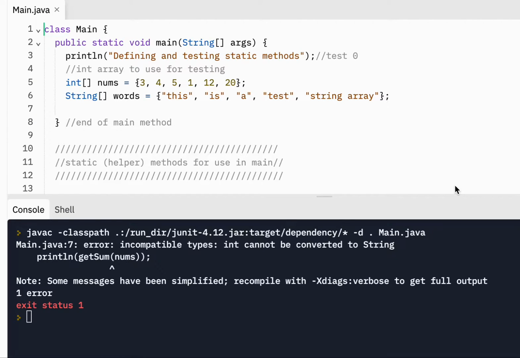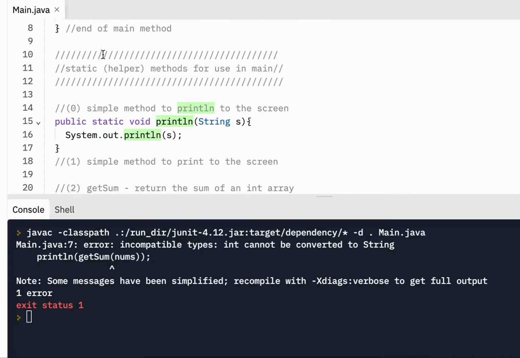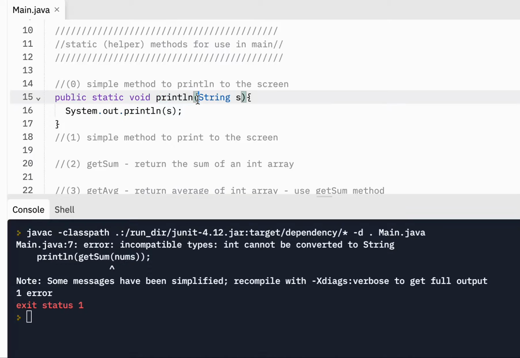A walkthrough for defining and testing static methods inside of a main class. So I'm just in main. I don't have another file. And you might see right away that I didn't have to say system.out.println here because I wrote a method down below, a static method here, public static void println, that takes in a string and uses system.out.println to put it to the screen. Not a groundbreaking algorithm or method, but it does make my life a little bit easier in